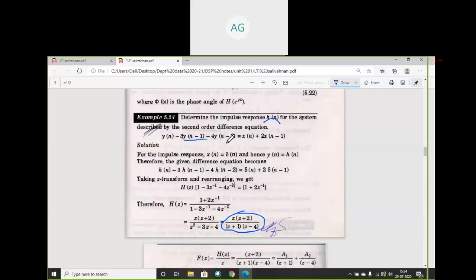It's very simple. If it is depending only on the inputs, it is a finite impulse response system and it is a non-recursive filter, non-recursive system. And whenever output is depending on output values as well as input values, it is a recursive system, feedback system. It is known as infinite impulse response system. So is it clear now? Yes, ma'am. Students, don't get confused, because the next to next unit is totally based on this system response, IIR and FIR.